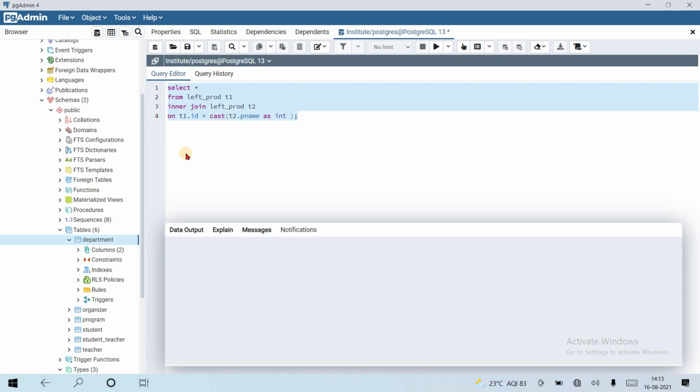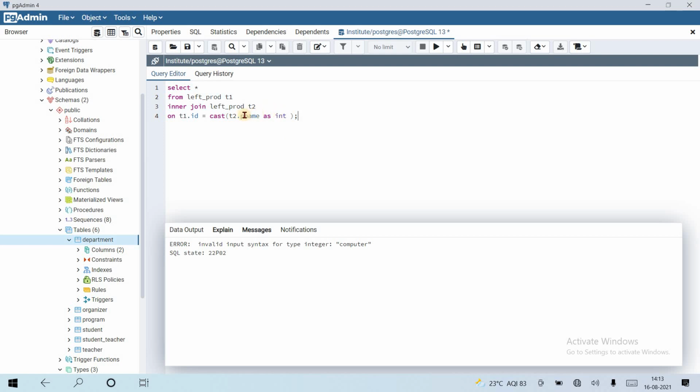Let's run the query. See, invalid input syntax for integer. Okay, so it has a character value, so we cannot cast this.